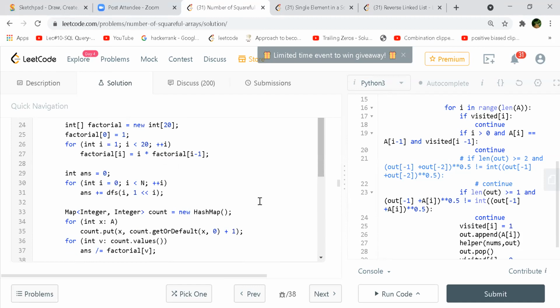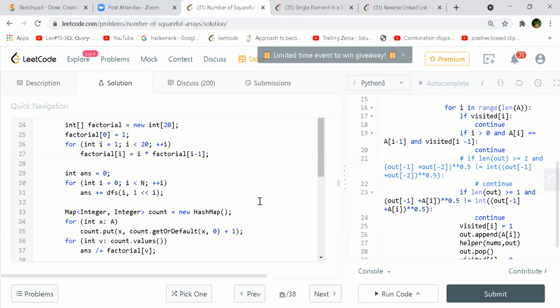So what was that for? I didn't understand. I think they are not taking care of repetitions anywhere in the code. So that will handle it. In the end, he does the answer divided by factorial. If there are multiple repetitions, they will divide by the corresponding factorial.